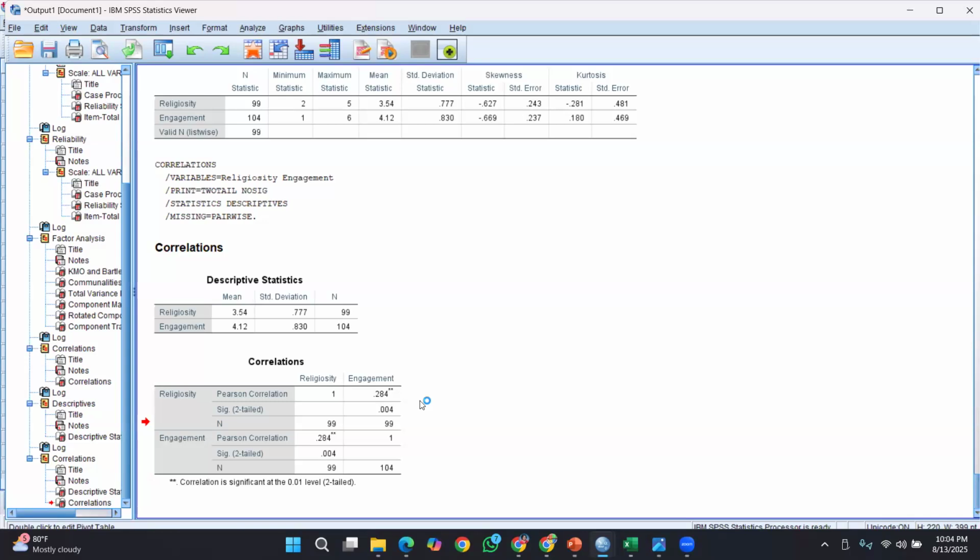So once you have presented this table, you can illustrate based on these values and the p-value and all.